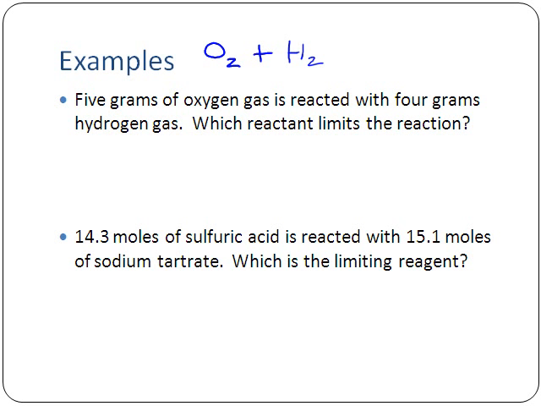So O2 plus H2. These are the two things I have reacting, and they are going to make something. To do this, you're going to go ahead and get out your predicting reaction product sheet, and by doing that, you say O2 plus H2. That is going to be compound plus compound. Oh, sorry, it's element plus element. My bad. Element plus element is only a synthesis reaction, so it's going to make oxygen and hydrogen together,